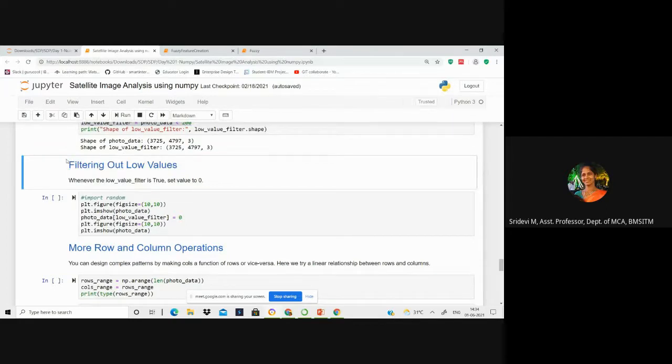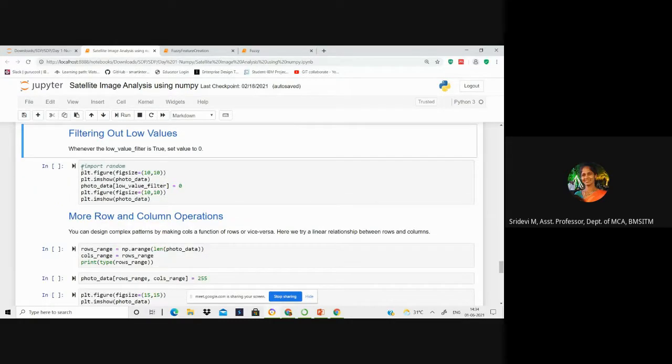Now let us see how to filter out low values. While loading the photo data, we are doing some operations. First you load the photo data, just to see the difference between the previous image and the later image after applying this filter. We just wanted to see the difference.